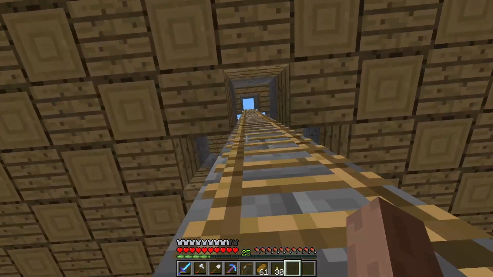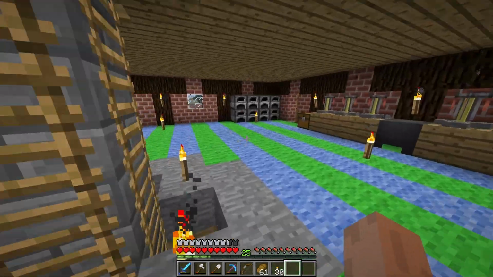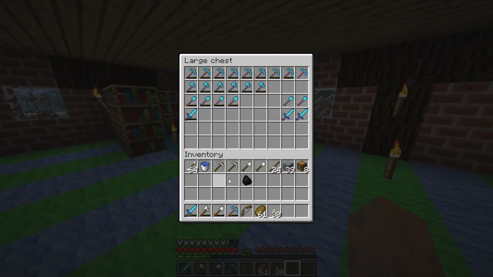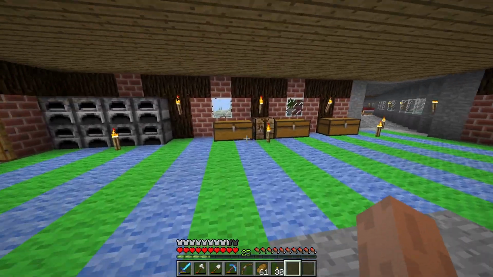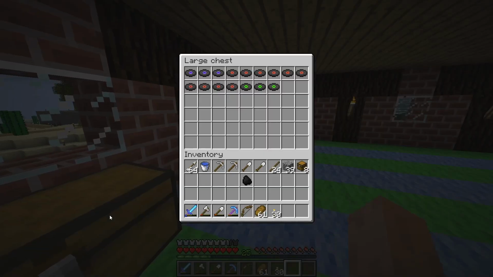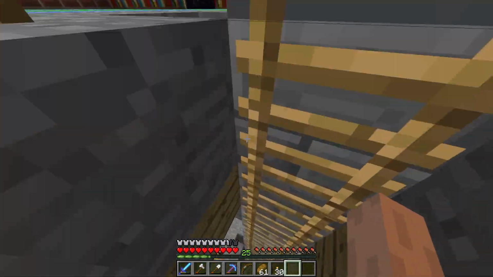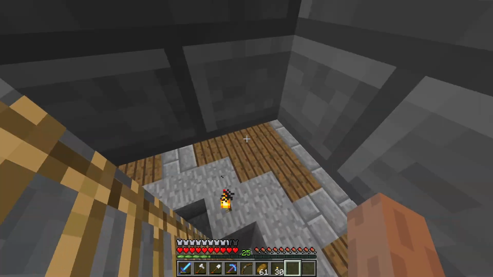just sort this stuff out, because upstairs here too, I have been sorting a few things. This one is just gonna stay here because this is just tools I use for enchanting. I got a lot of music discs, and these are probably gonna stay here because they just take up space. But this really comes down to the